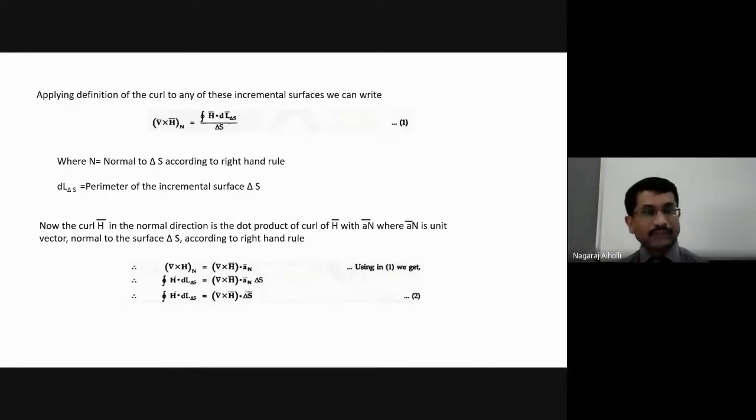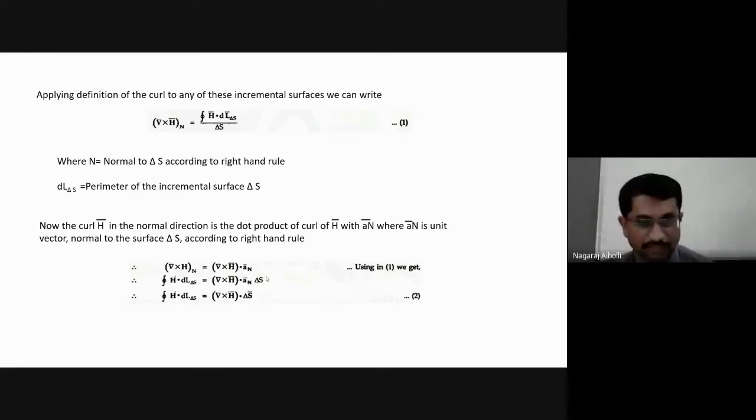If you take any unit vector and take the square root of its x component squared plus its y component squared plus its z component squared, that will be equal to 1. You can just cross verify that. If you take any vector with ax bar, ay bar, az bar and its x, y and z coordinates, and take the square root of x squared plus y squared plus z squared of the coefficients, that will always give you 1. That is why it is called a unit vector. Therefore, here we get the magnitude of AN bar as 1.